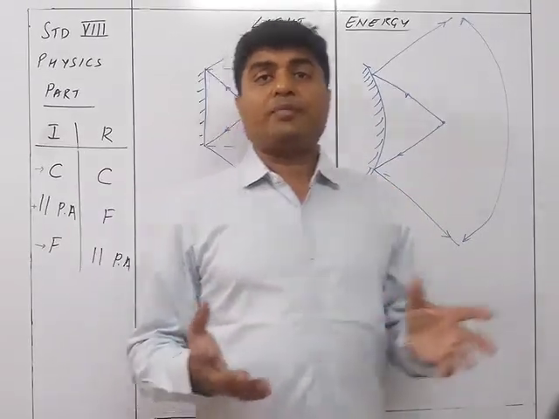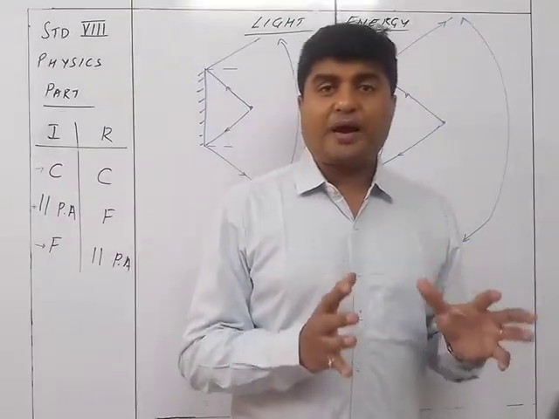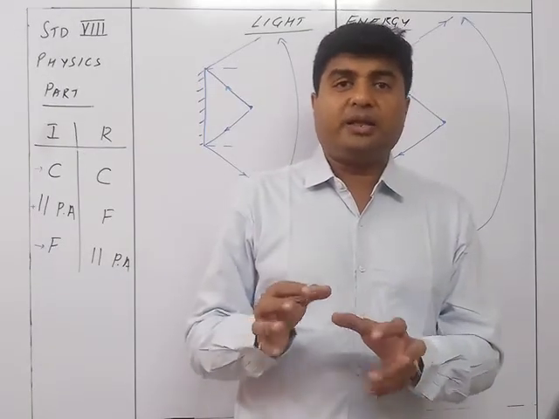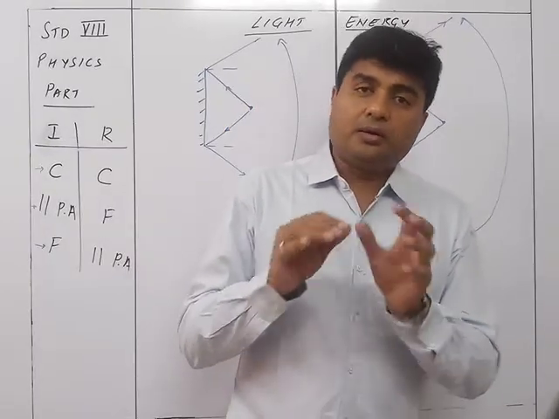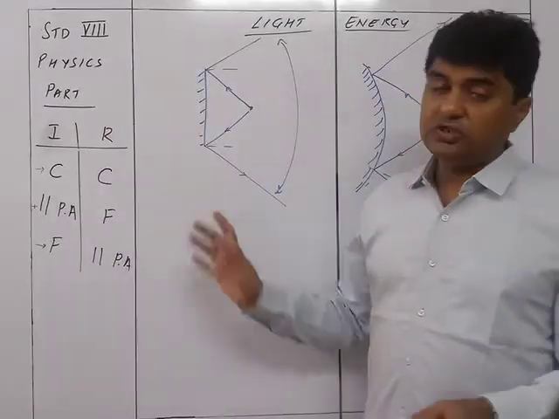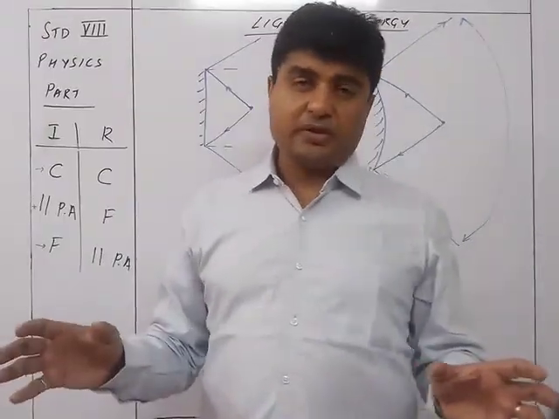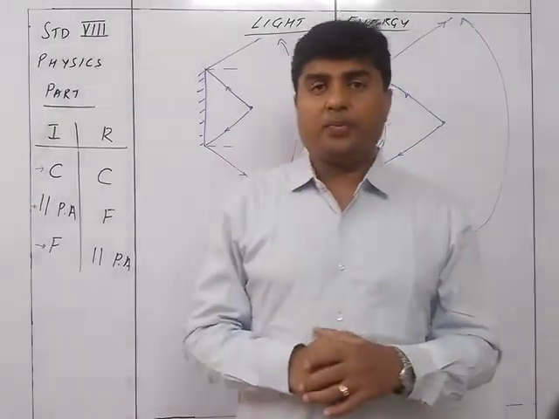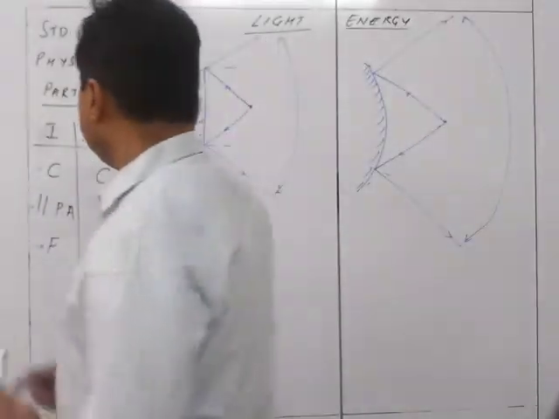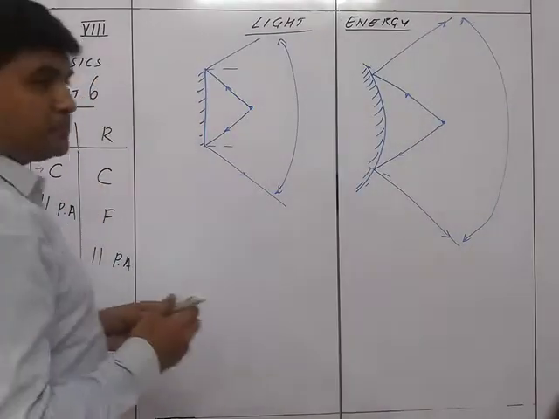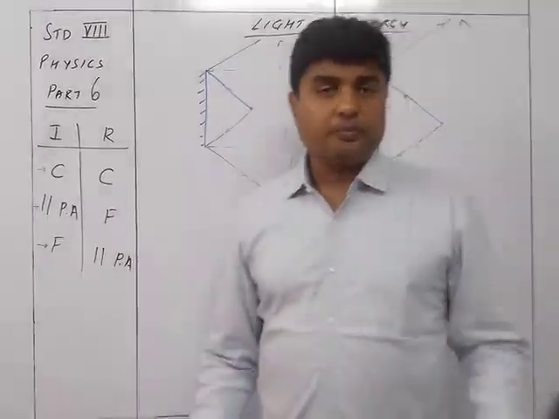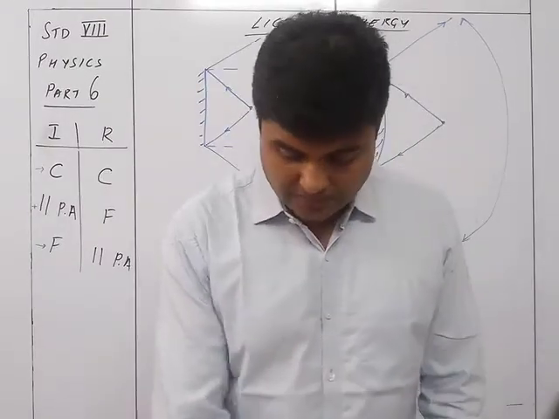So we can see that the whole chapter was divided into 3 parts. The first part was based on refraction. The second part was a small part which dealt with the prism, the glass slab and the spectrum, and then comes the bigger part, which was the spherical mirror and the ray diagrams of the spherical mirror. So these are the 3 parts of the chapter. Very important chapter as such. We have covered this chapter in, oh sorry, I did not write over here. It is part 6, I suppose. Yes, part 6. So we completed it in 6 parts. So that's what this chapter is about, right?